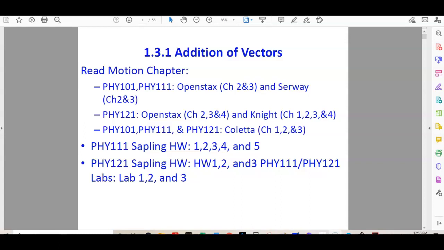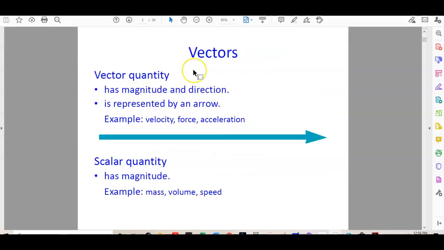If you haven't done the readings, please do so. If you have the Coletta textbook, do chapters 1, 2, and 3. If you are in Physics 111, that would be chapters 2 and 3 in the OpenStax book, and for Physics 121, chapters 2, 3, and 4 in OpenStax. Okay? All right. We've been talking a little bit about vectors, and I'm sure you all know about the